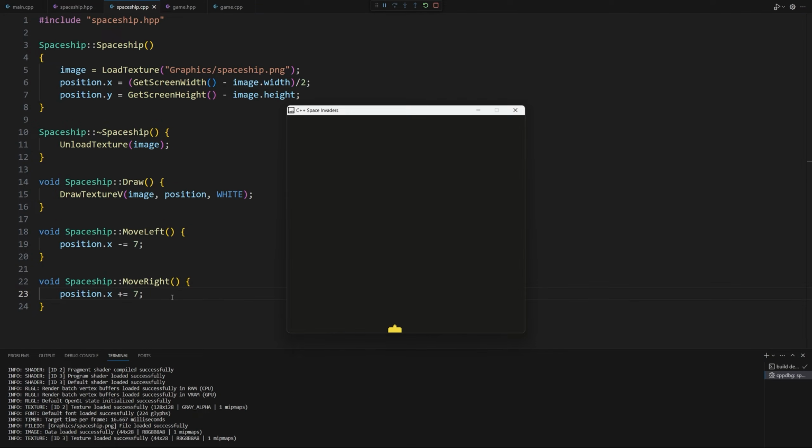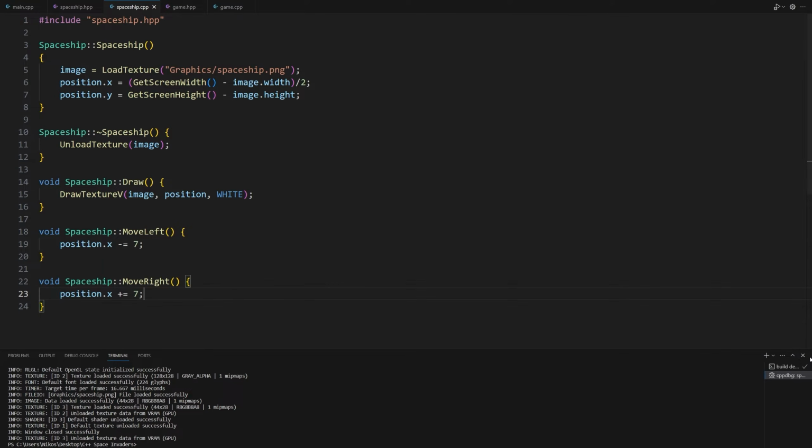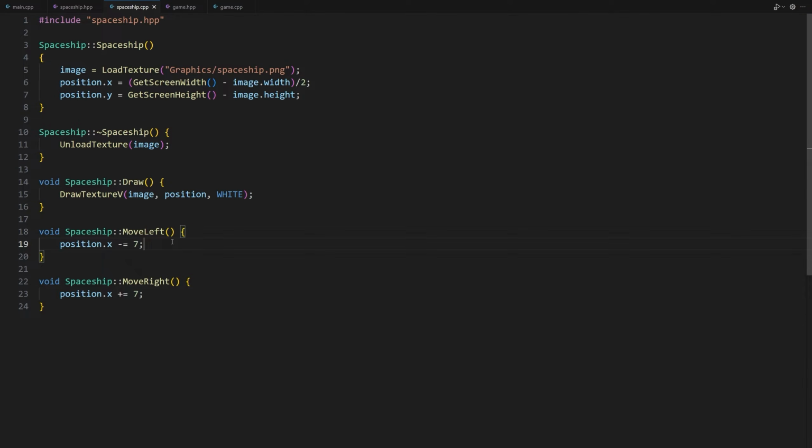As you can see, the game works. We can now control our spaceship to the left or to the right. But there is a small problem. We don't constrain the movement of the spaceship, so it can move outside of the game window. Let's fix it. If the spaceship has moved beyond the boundaries of the game window after moving it, our task is to reposition it inside the window.